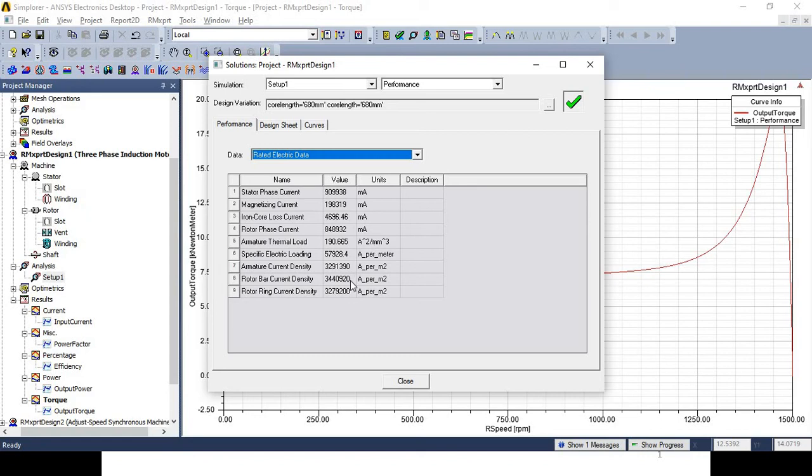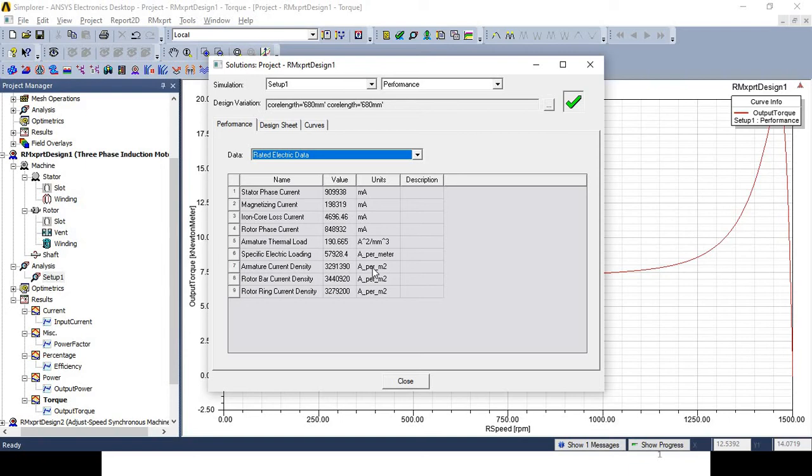Specific electric loading is 57,928.4 ampere per meter. Armature current density is 32,91,390 ampere per square meter.